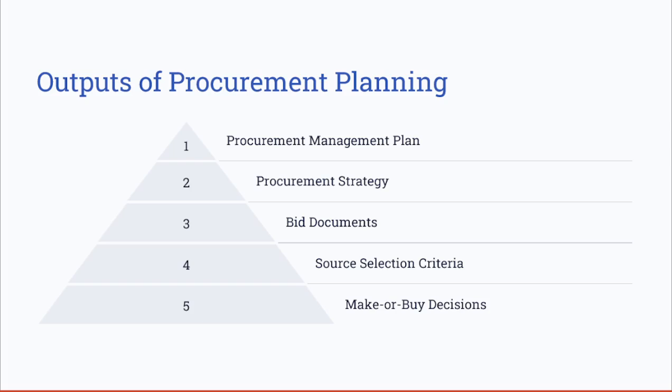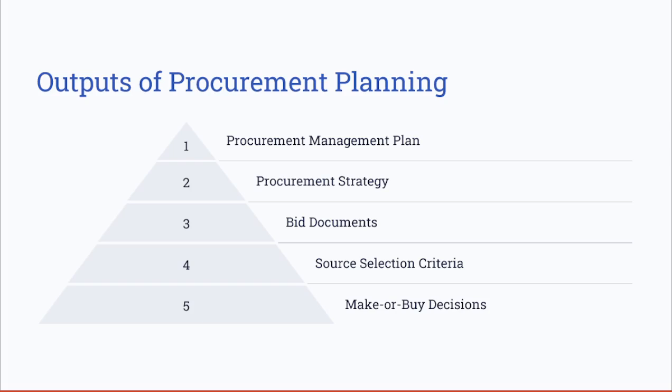We also have the source selection criteria, which we have covered earlier, but let's repeat what we have said. The source selection criteria ensures that the vendors are chosen based on objective